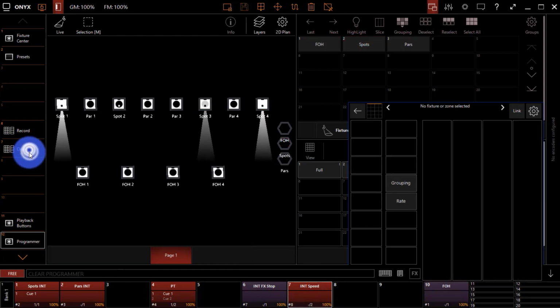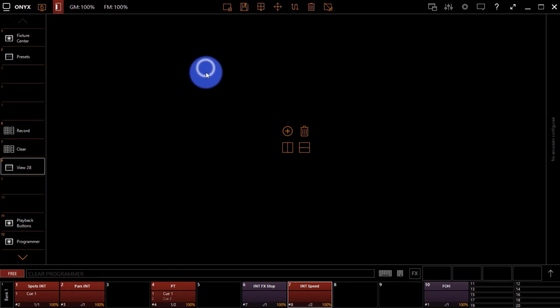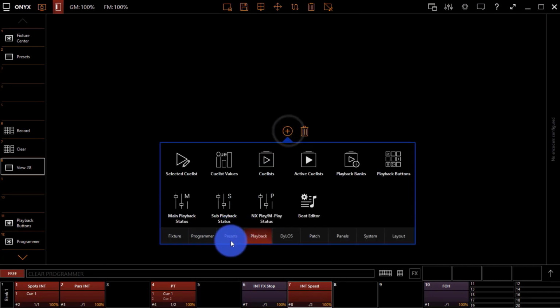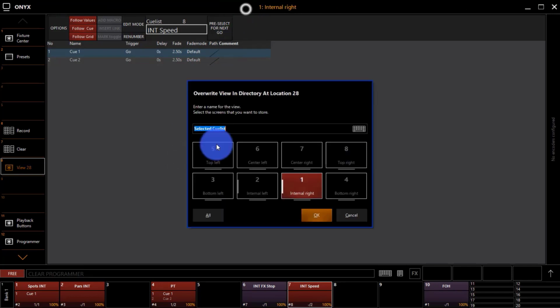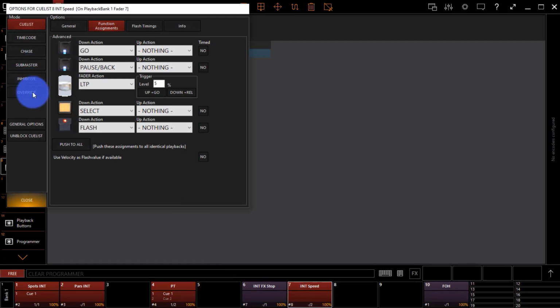Clear that out. Then I'll go over and I'm just going to create a new view, add new empty screen, click on the plus icon, click on playback, add the selected cue list window and click on save. So I'm just going to right click on the intensity speed cue list I've created, change it to an override,